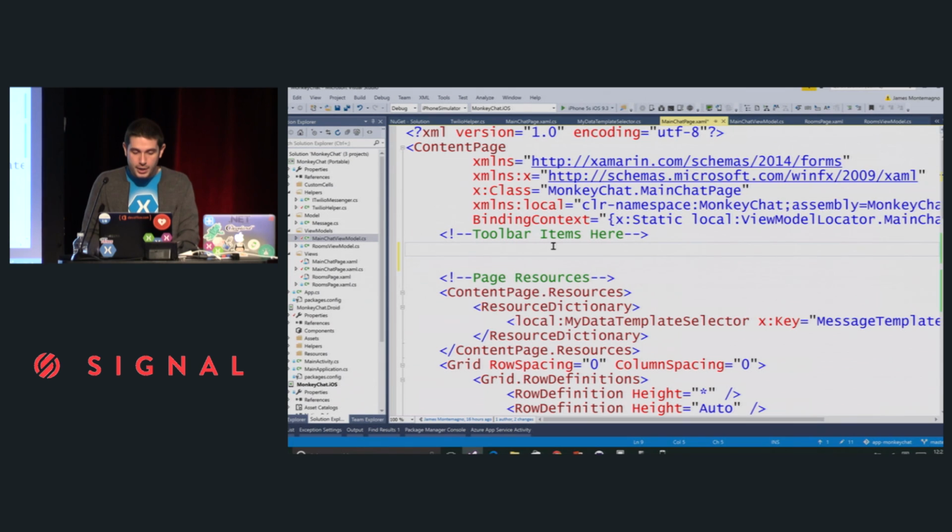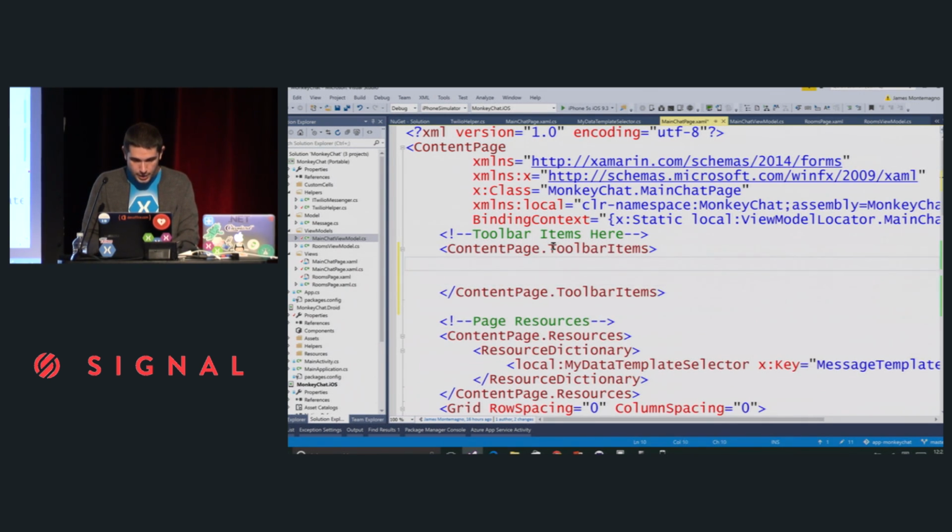So I'm going to add a toolbar item. I'll say ContentPage.ToolbarItems, and create a new toolbar item. I'll say text, location.